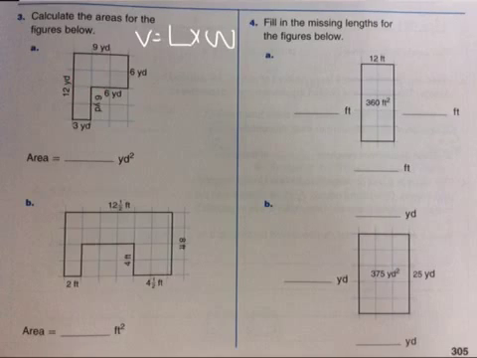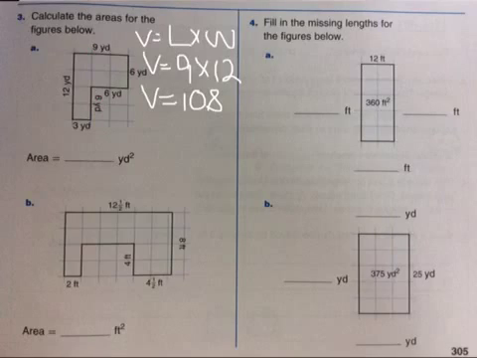Volume equals length times width. Replace the variable. Volume equals 9 times 12. What I have done is I'm going to solve for the entire rectangle. 9 times 12. I understand that this is 12 because I know that this wall here is 6 and the remainder is also 6. As you can see, it's written over here. 6. Volume equals 108. Now that's the answer for the entire